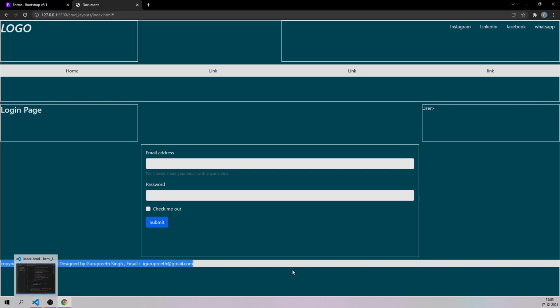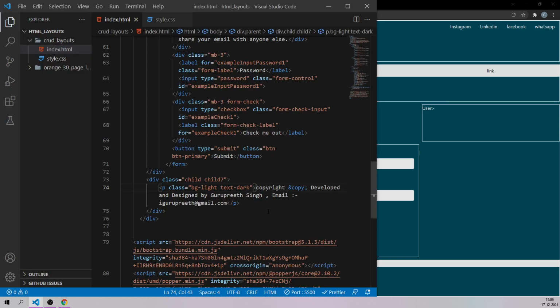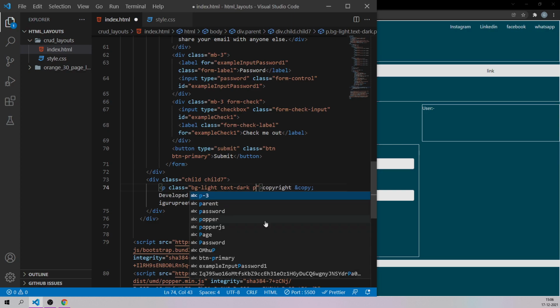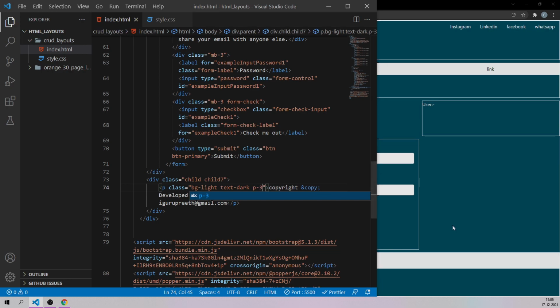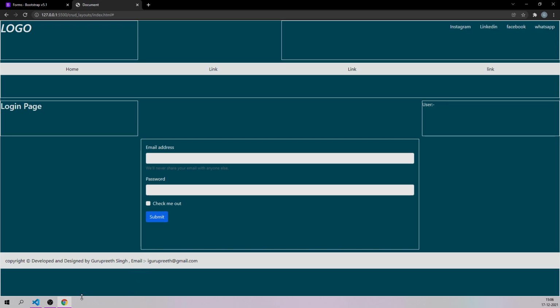Now I want to make the text exactly in the center, and let's increase the height and width and all those things for this particular paragraph. Height and width, we can give it as padding. So one more class name I'm going to add, P hyphen, let's say 3. Let's save it, and as you can see, a little bit of width has been increased.